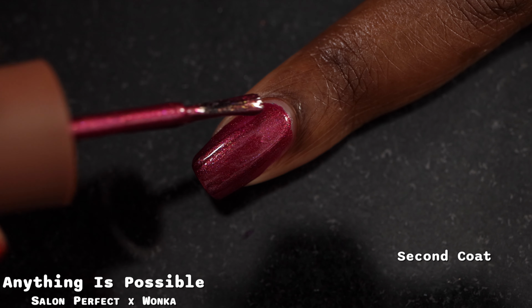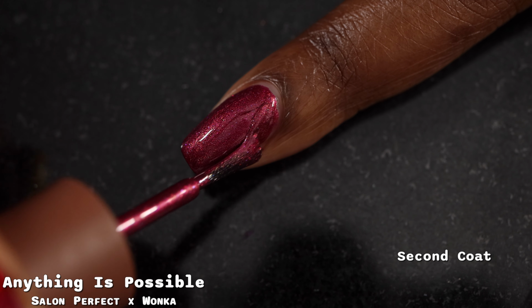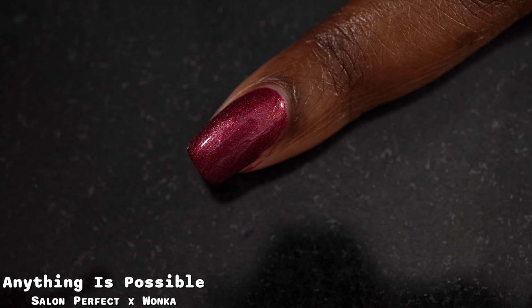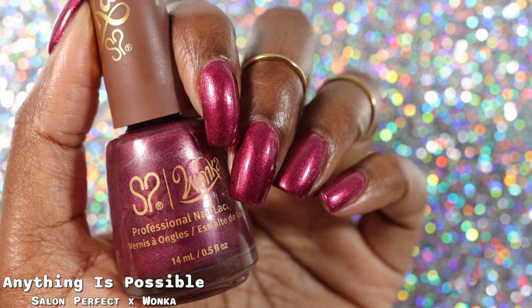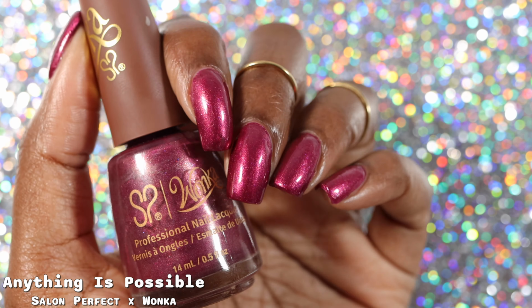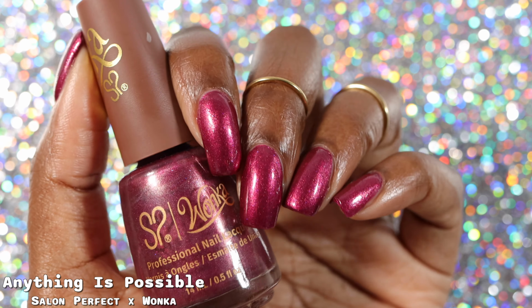As you can see here, Salon Perfect has a fairly skinny brush. It's very reminiscent of China Glaze's old brush from years ago before they switched. This polish was a little bit on the thicker side, but I still found it very fluid and easy to work with the skinnier brush. I will never be a fan of such a skinny brush, but I do think this one works pretty well